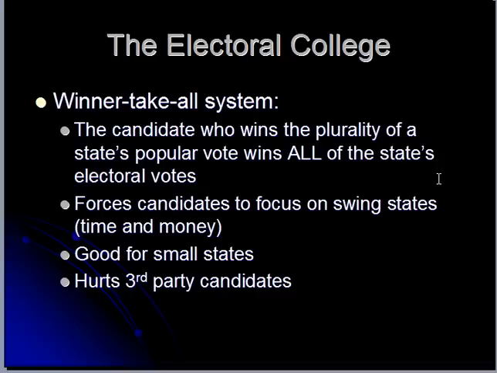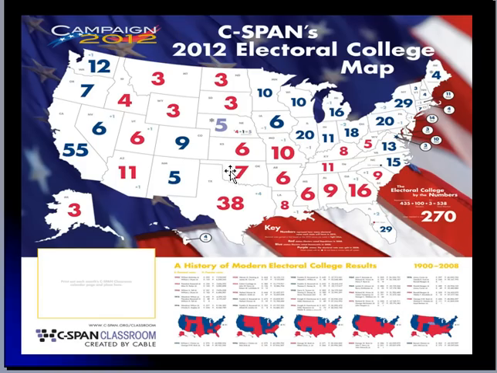And this whole process of how we award electoral votes makes it difficult for third-party candidates, and it makes them seem like they are not viable candidates. It makes it difficult for them to raise money, it makes it difficult for them to get ballot access, and it makes it difficult for them to really get a campaign going and get the resources necessary to compete because they're not seen as viable in this winner-take-all system that really favors the 2 main parties. So that's the Electoral College. This is where it's all